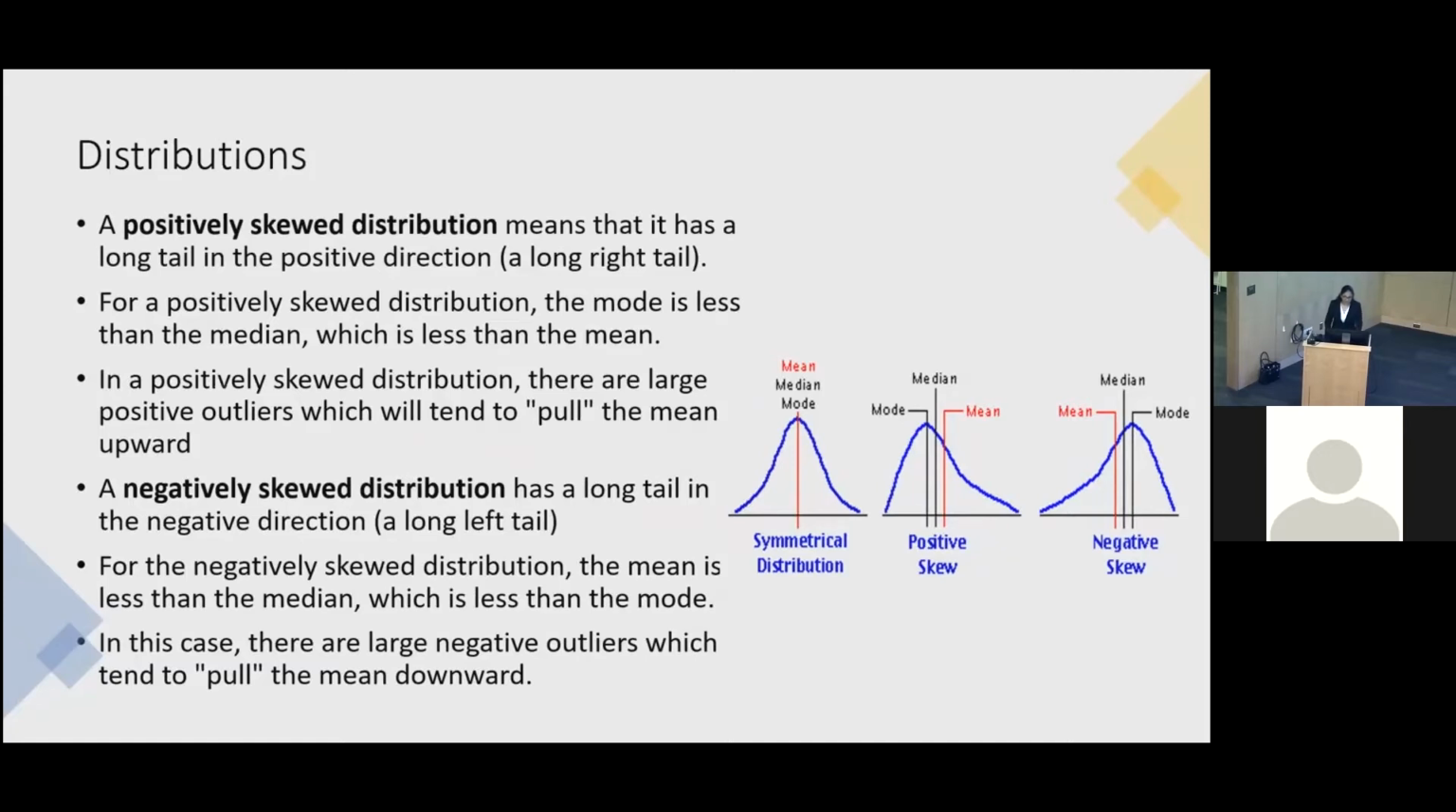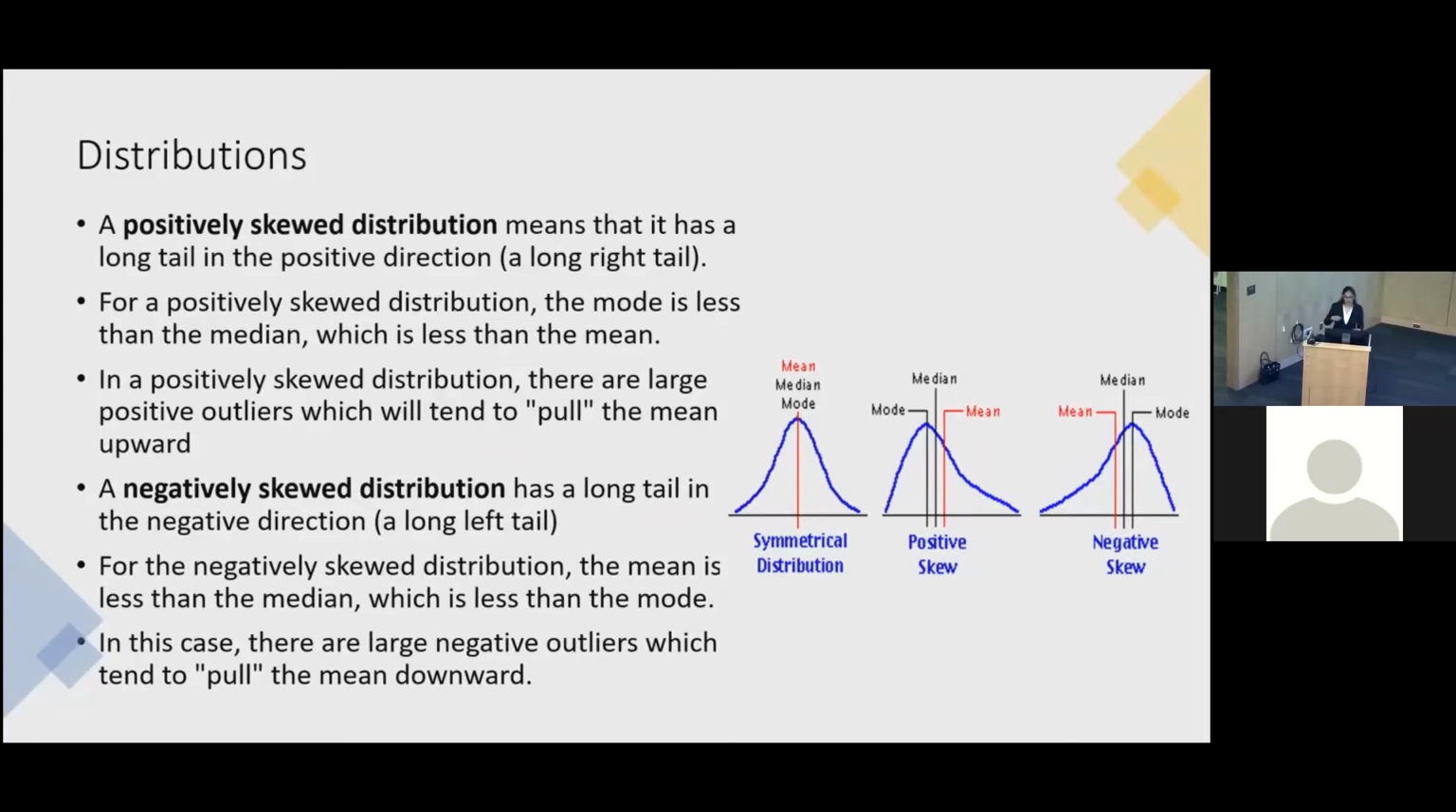A positively skewed distribution means that it has a long tail in the positive direction, a long right tail, as you can see over there. For a positively skewed distribution, the mode is less than the median, which is less than the mean. Basically, in a positively skewed distribution, there are large positive outliers, which is why the mean tends to be